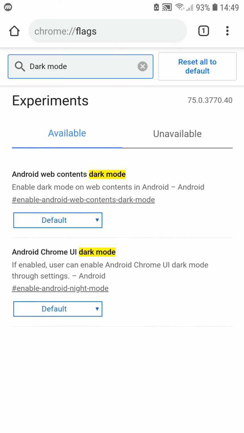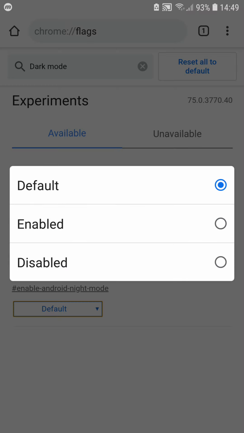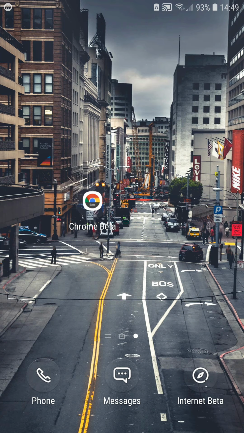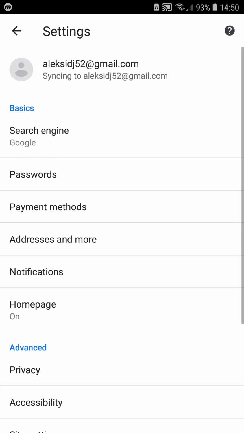And right here you're gonna see two options. I'm gonna go to the bottom one where it says Android Chrome UI dark mode. By default it's gonna be default. To change that, you're gonna click enabled, and it needs you to relaunch the browser. Click relaunch now, and if we go to the three dots in the top right corner and click settings, you're